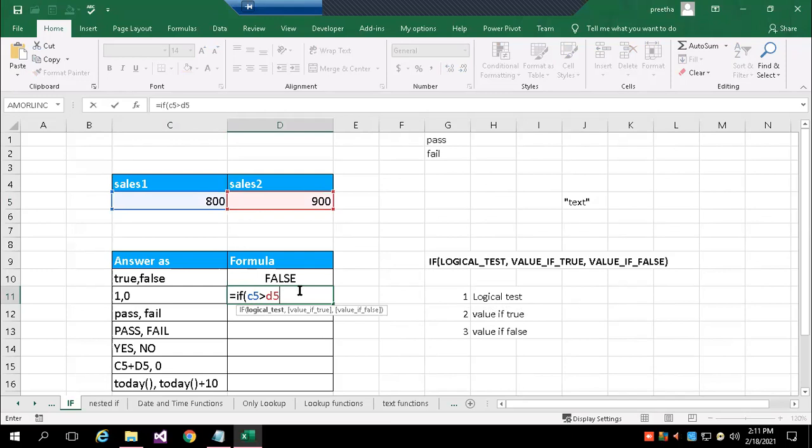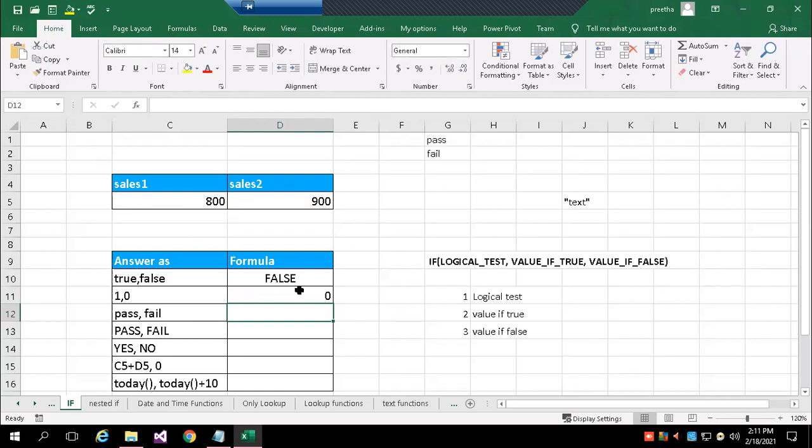The sales 1 data in C5, I want to compare with D5. So 800 is greater than 900? It's false. If true, I want to write 1; if false, I want to write 0. You can see now we'll get 0.